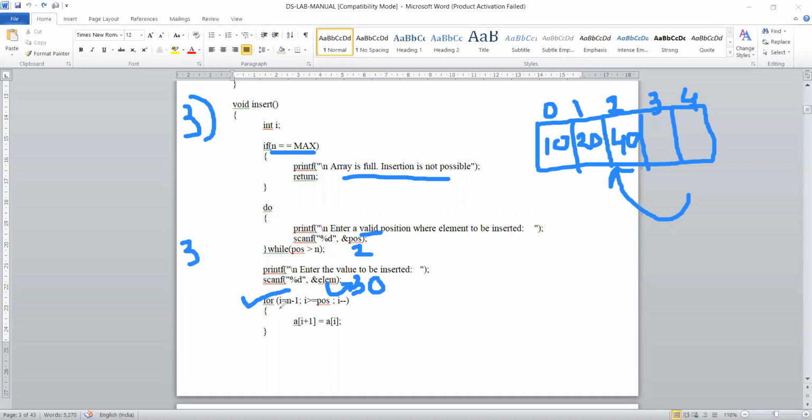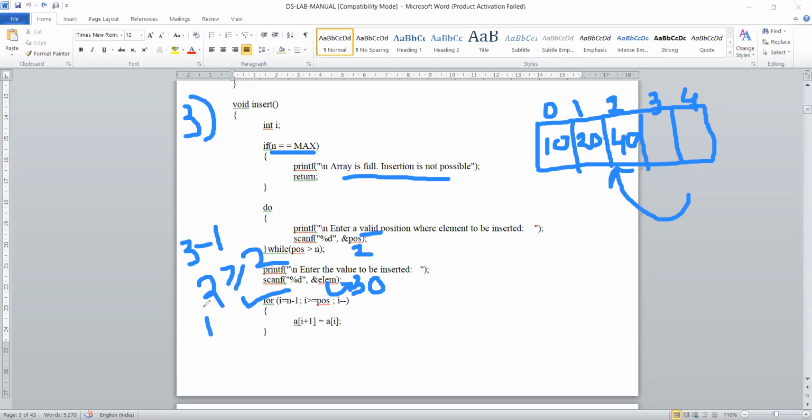So n minus 1 will become 2, and i greater than or equal to 2. Is 2 greater than or equal to 2? Is the condition true or false? Yes, true, ma'am. It is true, so you will enter into the loop.